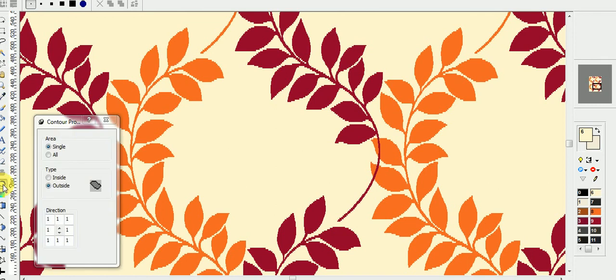In this tool we have directions: left, right, top, bottom, and four corners. You can select the pixels, and you can give the size, and here you can see apply the single color or apply all colors. And also the type of inserting contour: it means you can fill the outline in the motif or fill the outline outside of the motif. You can do both sides.